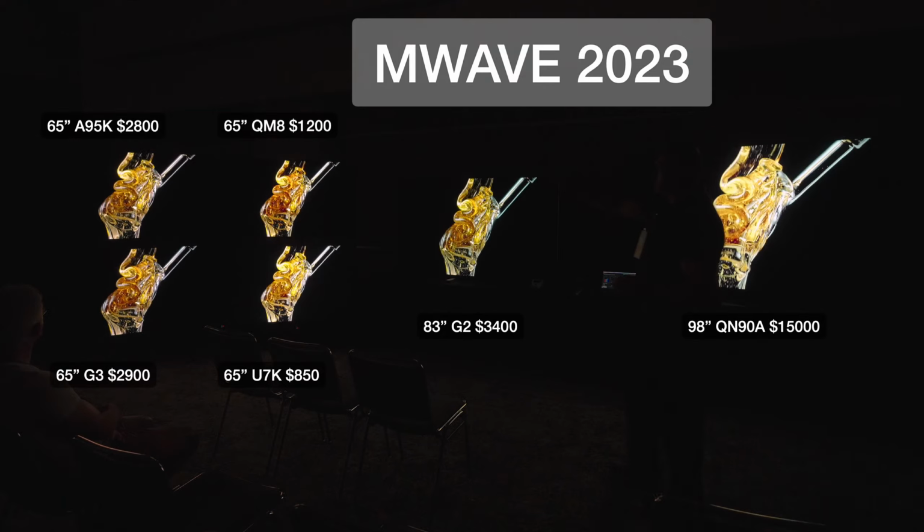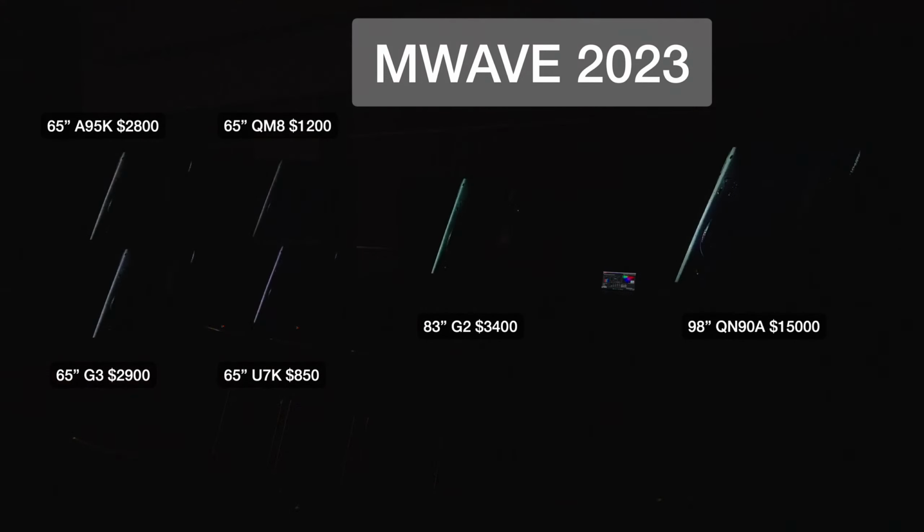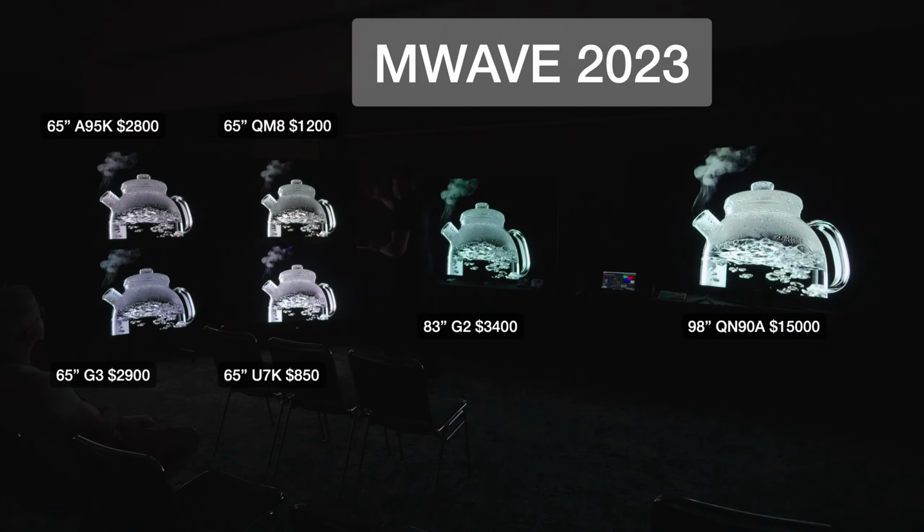With the QM8, which is the top right, mini LED for the price point's doing amazing. What was the price of that? What's it, 1200 for the 65? 1,200 for the QM8. So we're looking at 12, 8,